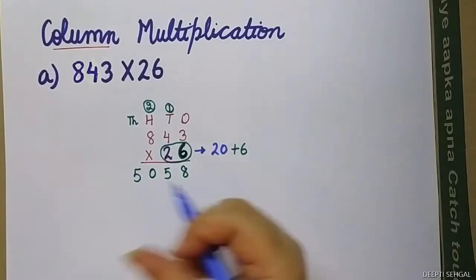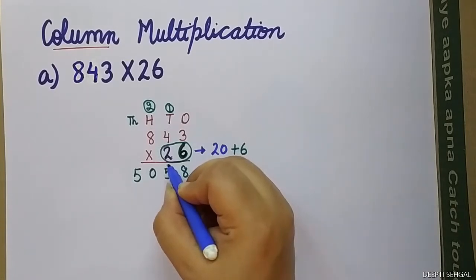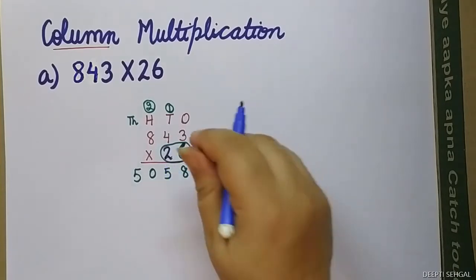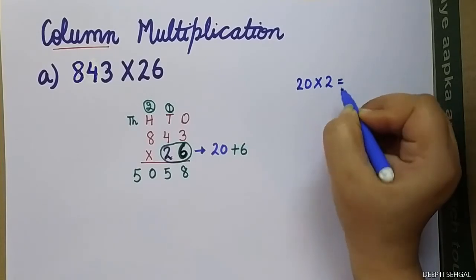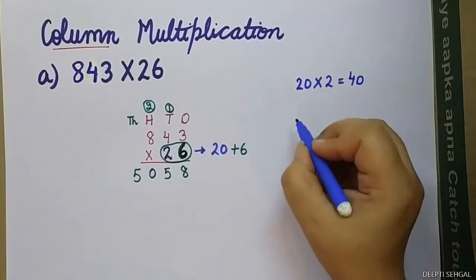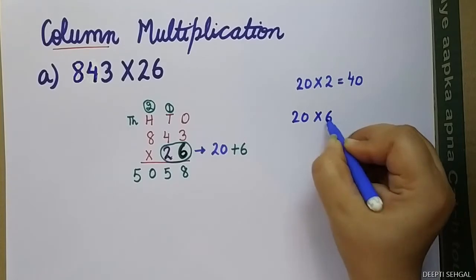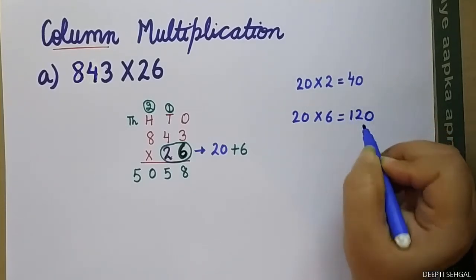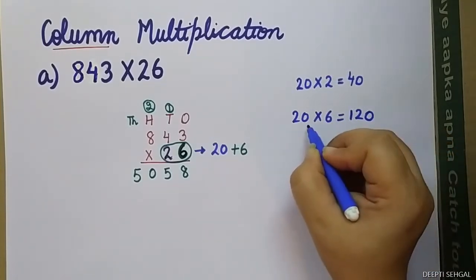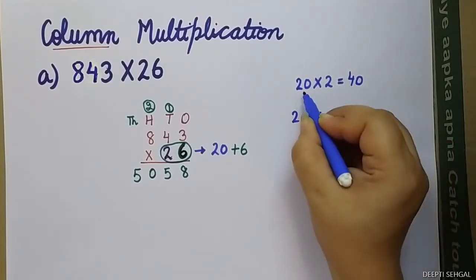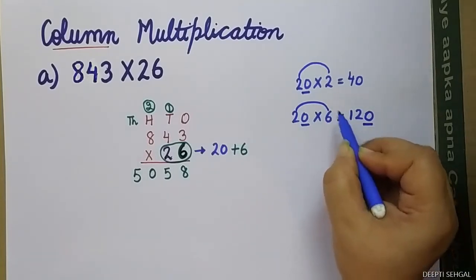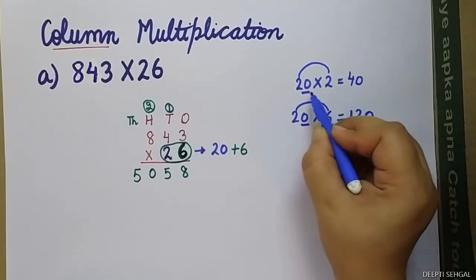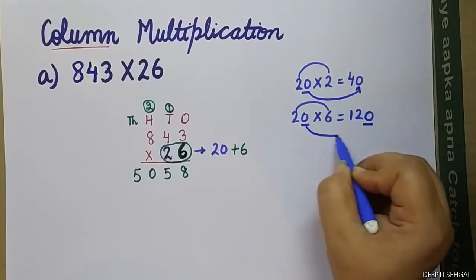Now let's come to 2. It is 2. No, it is 20. We have to multiply by 20. So any number we are multiplying with 20, suppose I am multiplying 20 by 2, what is the answer? 40. Right? If I am multiplying 20 by 6, what is the answer? 120. Every time I am multiplying by 20, we are writing 0, and we are multiplying the initial numbers. 2 multiplied by 6 is 12. 2 multiplied by 2 is 4, and we are writing this 0 here, right?